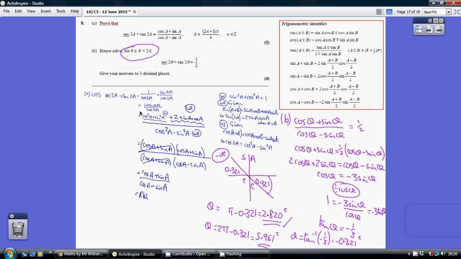Now we know that 1 equals cos squared whatever plus sin squared whatever, so the 1 is cos squared a plus sin squared a, and using the double angle formula, sin 2a equals 2 sin a cos a. Again, if you're not familiar with that, that's just coming from basically this top one that we're given, where a and b are the same value. So that's manipulated our